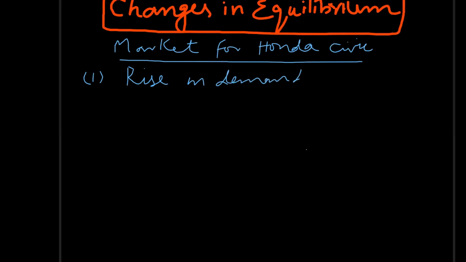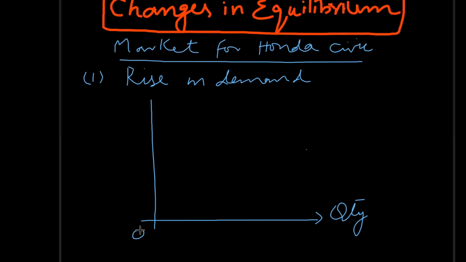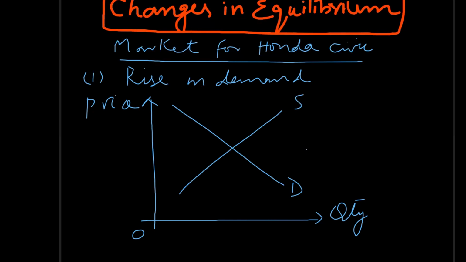As a basic principle of demand and supply, you must keep in mind that rise in demand shifts demand curve to the right, and we will consider this point while making graph. So draw axis, label quantity on X, origin point, and then price on Y. Now draw negatively sloped demand curve, positively sloped supply curve, label equilibrium as E, where price is P and quantity is Q.